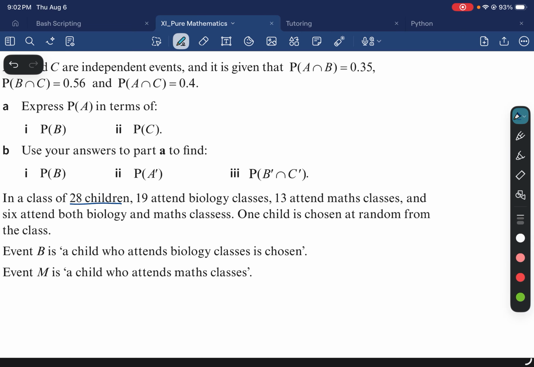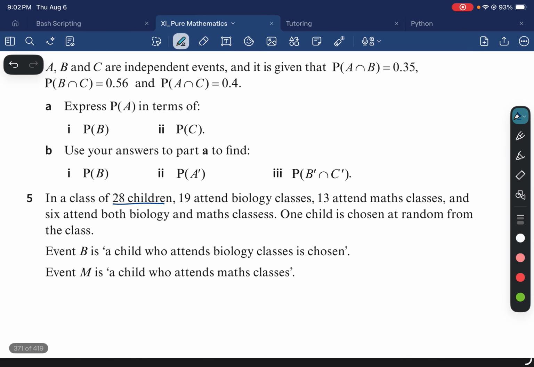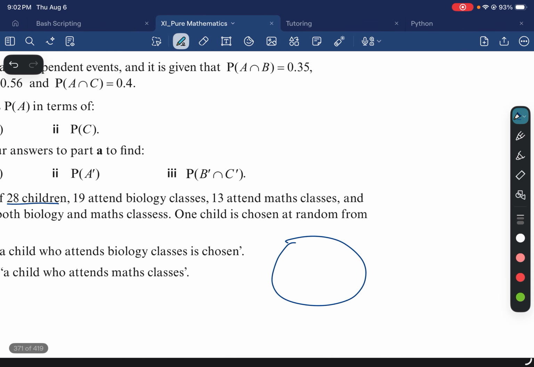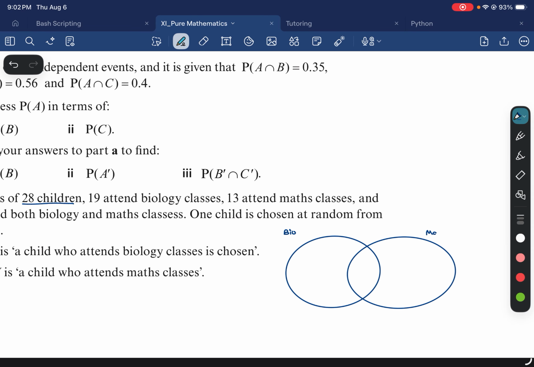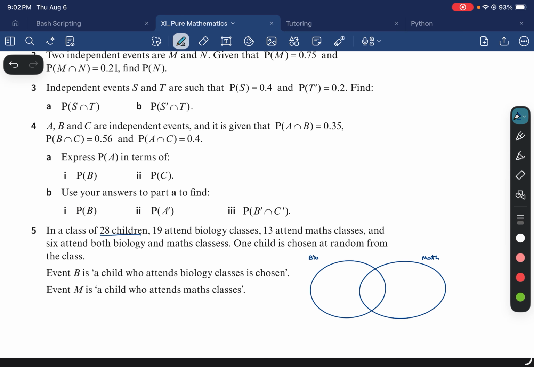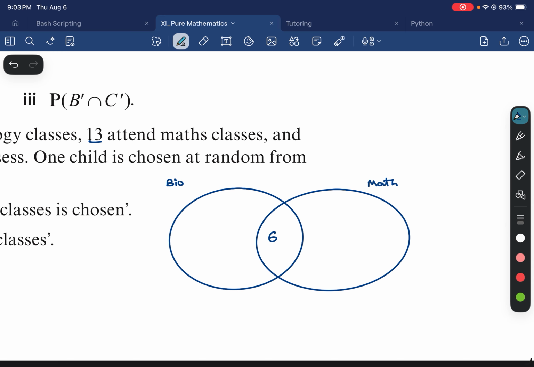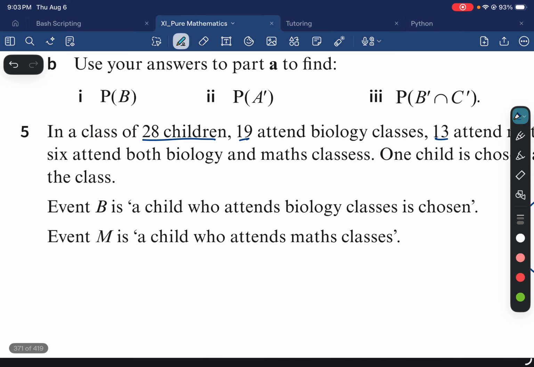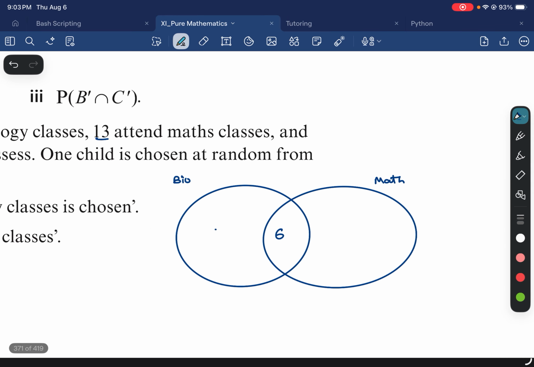In a class of 26 children, so basically, we have two situations, right? Some students attend the bio class, some students attend math class, some students attend probably both. All right. So 19 attend biology classes, 13 attend math classes, and 6 attend both. So I'm going to start with the inside. 6 attend both, right? And then I need 13 here, because 13 plus 6 gives me total 19 students in